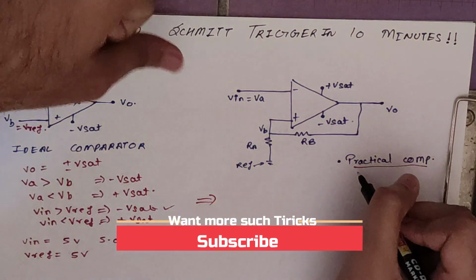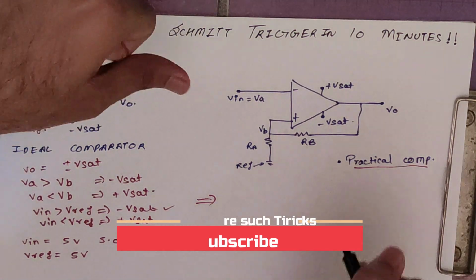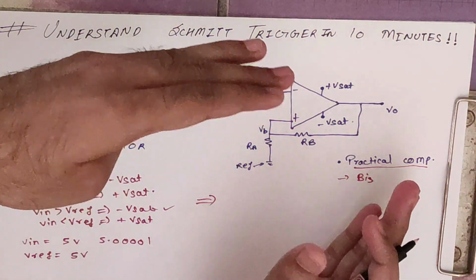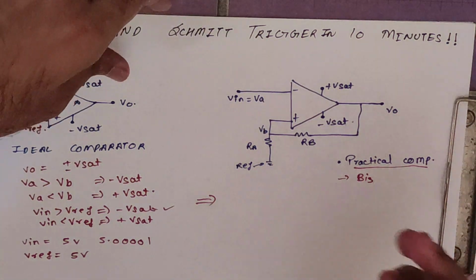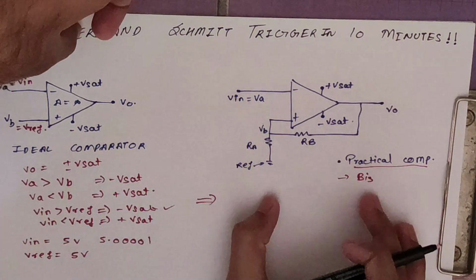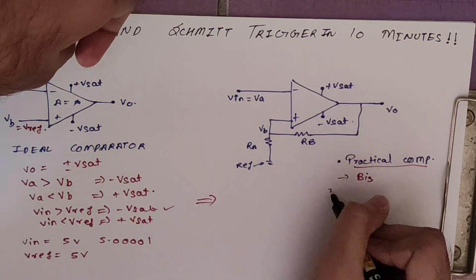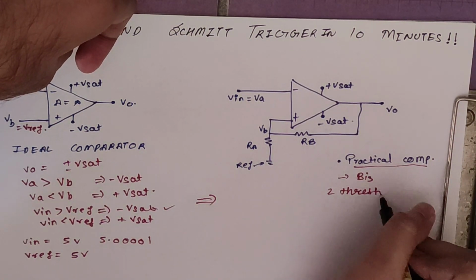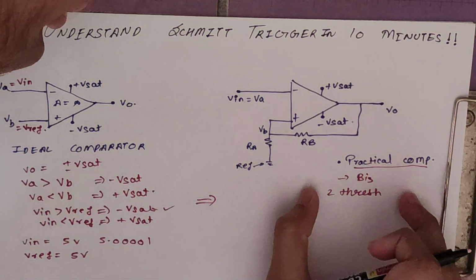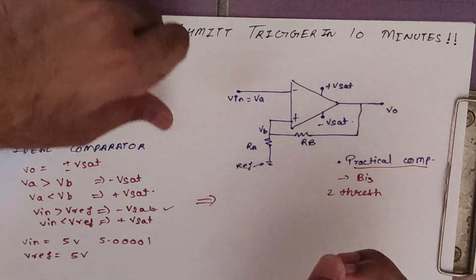This is what is called the Schmitt trigger, this is what is your bistable multivibrator. We will see why this name is given to the Schmitt trigger in further minutes. So here we are. The drawback of this comparator is solved here by having two threshold voltages. By having two threshold voltages, the drawback of this comparator is solved. How, we will see in further minutes.